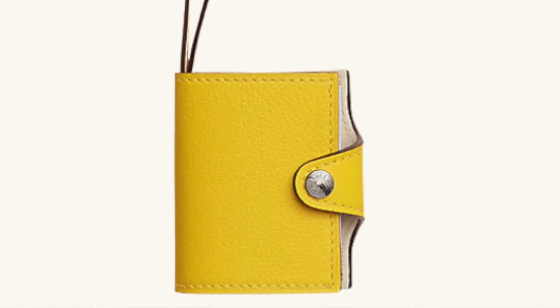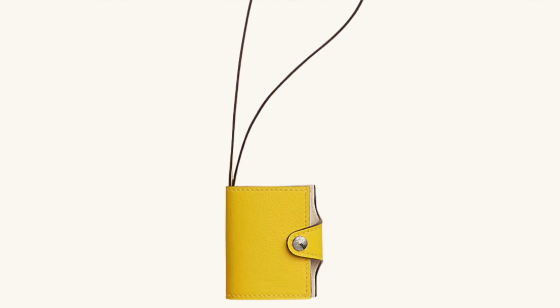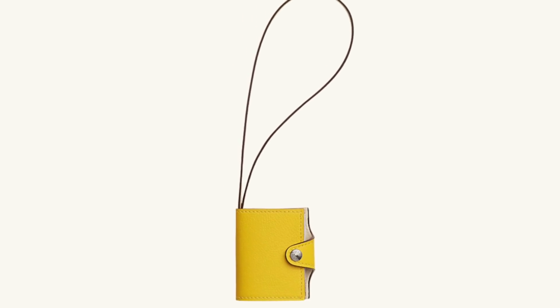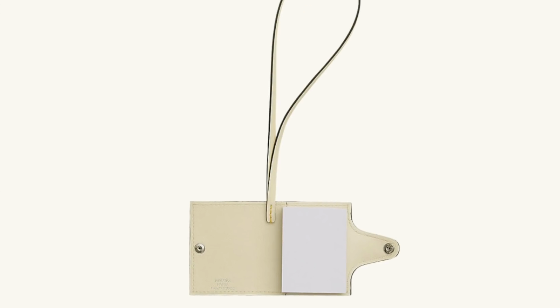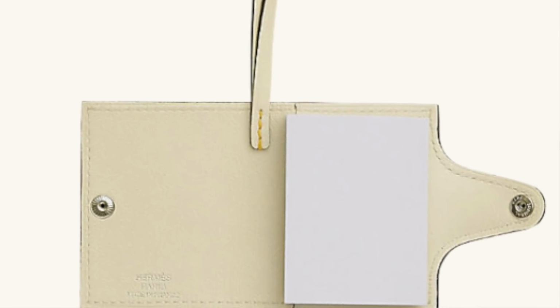And one more back charm, which I have to be honest got me a lot more excited than the GeeGee one, which is actually inspired by one of my most favorite Hermes pieces, the Ulysse notebook, which you can now pick up in a micro size that you can actually attach onto your favorite bag. I can just imagine someone incredibly chic walking down to the grocery store with their little Ulysse notebook attached onto their bag, which is actually functional, so you can write things on the inside, you can put your to-dos on it, you can write your grocery list or whatever you want to note down. You can open it up in the grocery store and look at all the things that you need to add